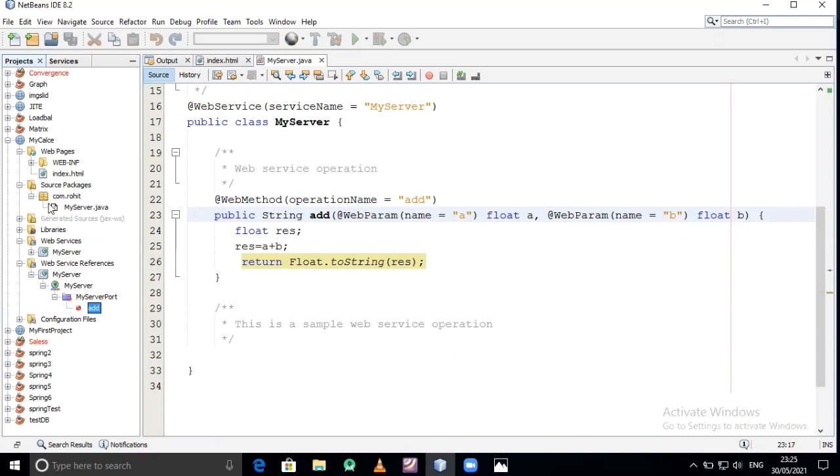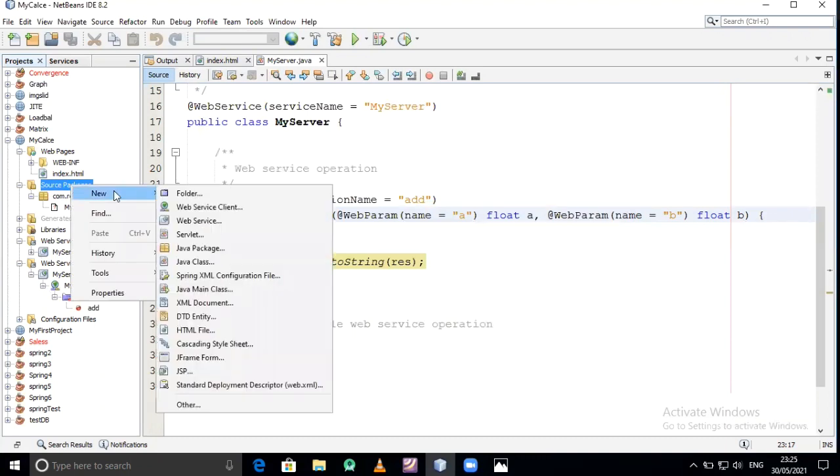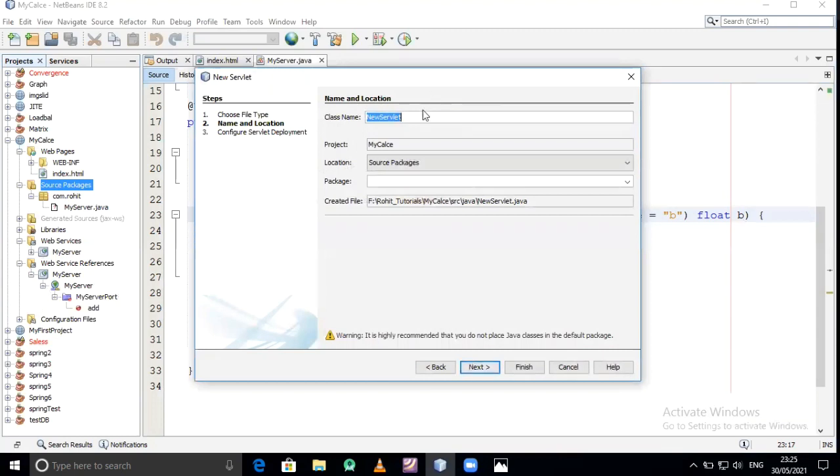So for that we require one servlet. Here in this source package, I am creating the servlet. The name for this servlet is, suppose, client, available in the package com.cal.